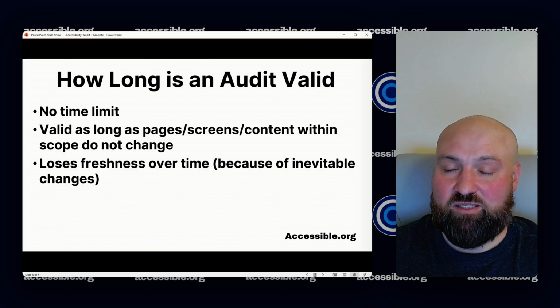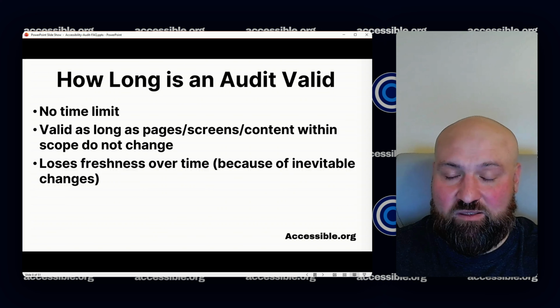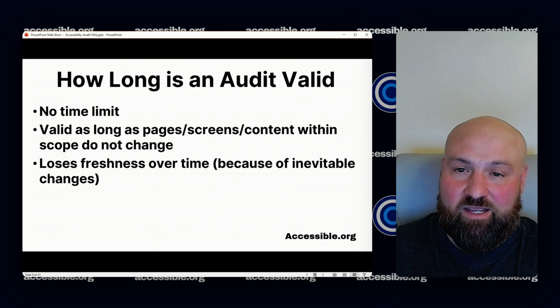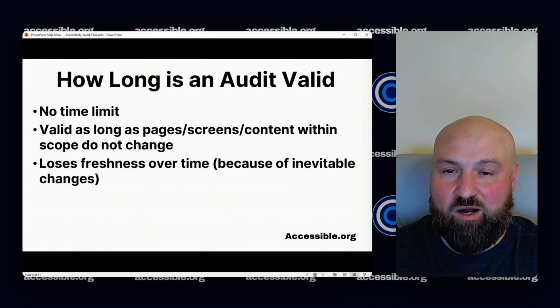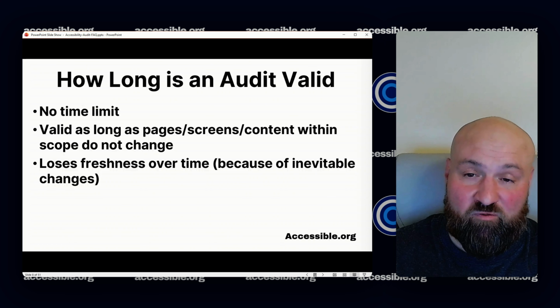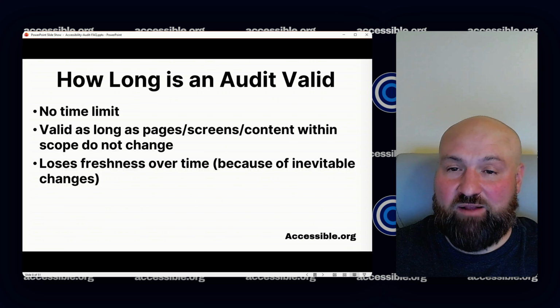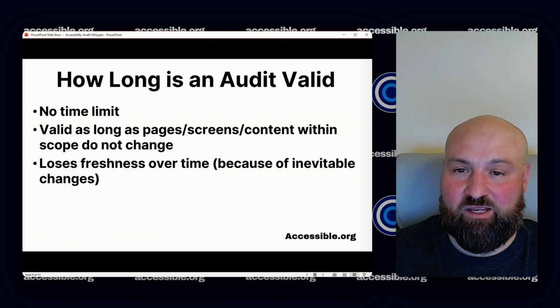So whether it's design changes, new content, new elements, etc., we want to put everything on hold, go ahead and fix those issues so that we take action on all of the issues listed in the audit report. Then we can know exactly where we're at. Maybe we're fully conformant with the web content accessibility guidelines, or maybe we have a few outstanding issues, but we know what those outstanding issues are.